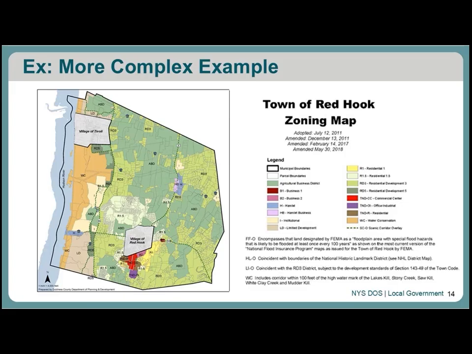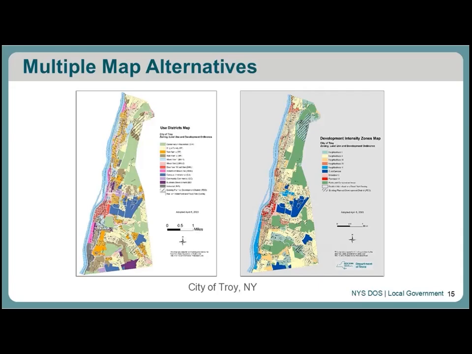And then in our more developed areas, you might end up in communities that have multiple maps. So here it's the city of Troy, which is what we would call probably a small city by most standards, but still has a lot going on. So for them, they have 2 maps. One drives land uses, the other drives lot development and form across the entire city. And this allows for greater flexibility in how land uses and site development are regulated.